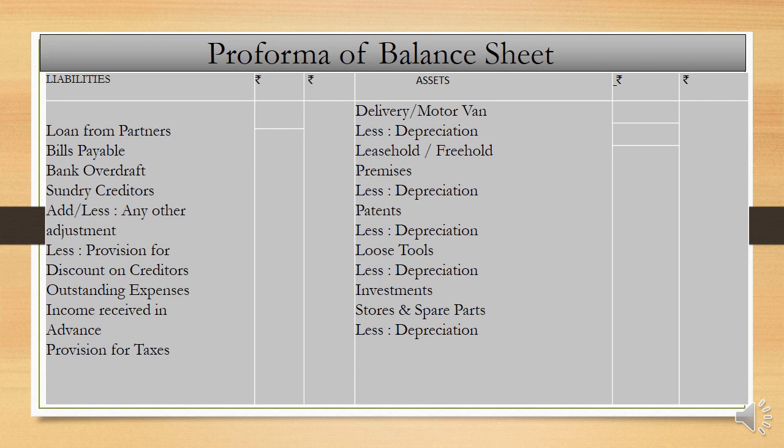Store and spare parts, again it is related to the same. Spare parts mean some parts of the machineries. In the organization we have the machineries for the production of goods and services, so every time it is not possible to go to the main office or head office for the parts. So we keep some parts of the machinery. Whenever we are in need, we can replace easily, that is known as a spare part or a store. They all are subject to depreciation because all are fixed assets.